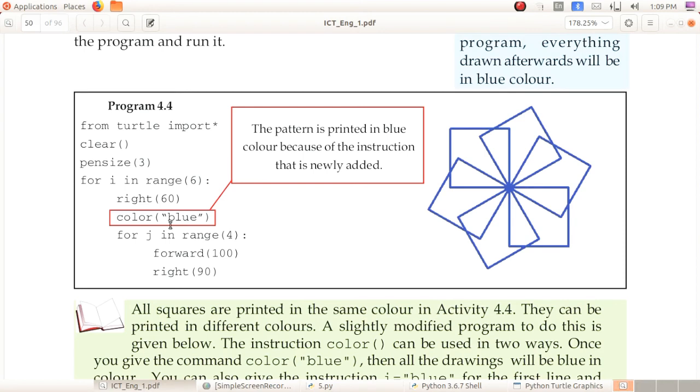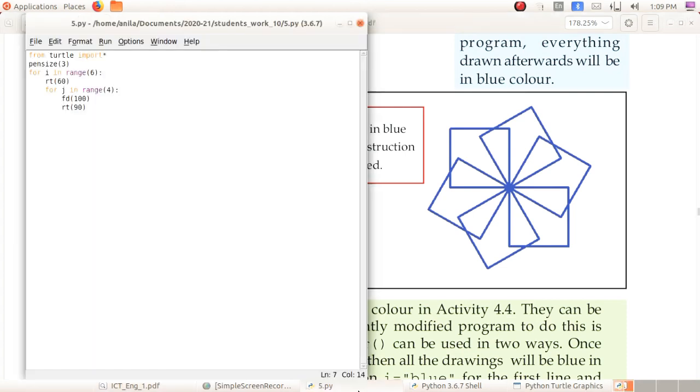Okay, so here where do we want to give that instruction? This is the instruction for printing 6 times and rotating 60 degrees. After that you want to give the code for giving colors. Okay, let us try. Here enter color of, and in the double quotes you can give the color.